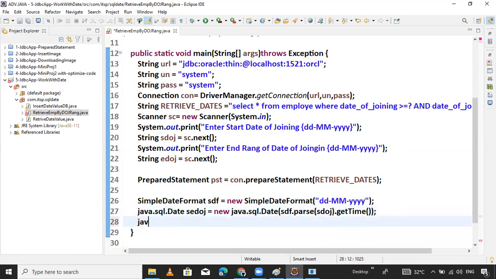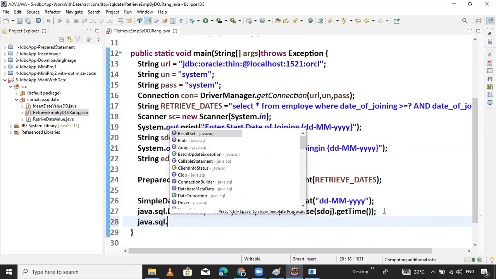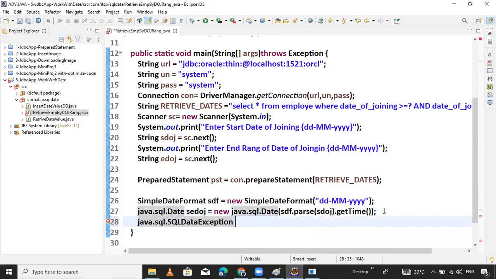Otherwise, writing java.sql.Date, the SQL ending date of joining equals new java.sql.Date.